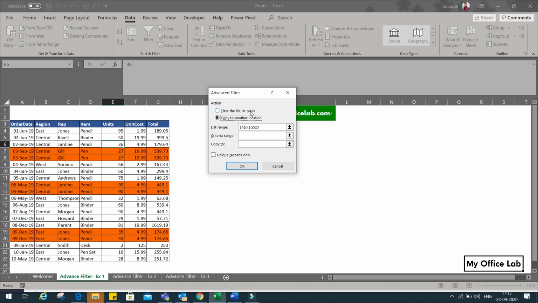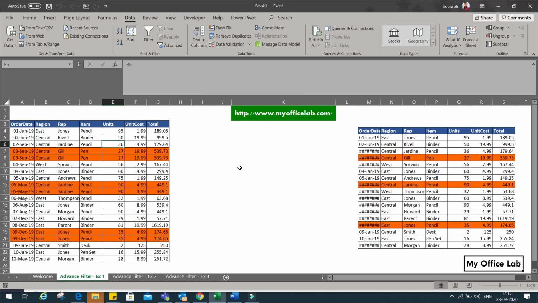Again, Excel will automatically detect the list range, and in the Copy to field, we'll select the cell M3 as we want to copy the unique data to cell M3. And make sure to check the Unique records only checkbox and click OK. So now you can see it has removed the duplicate cells and copied the unique data to another location without changing anything in our raw data.